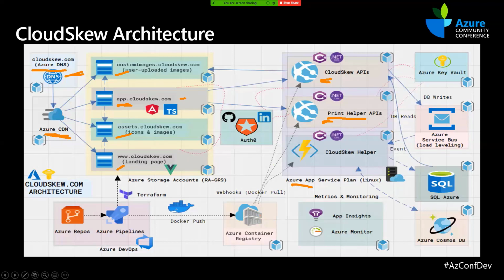We turn on a system assigned managed identity on the app service plan, on the individual app services, so that they can go talk to an Azure Key Vault. The reason Azure Key Vault is needed is for externalized configuration. Now the APIs have to interact with a whole bunch of databases, so they need things like database passwords, endpoint URLs, connection strings.